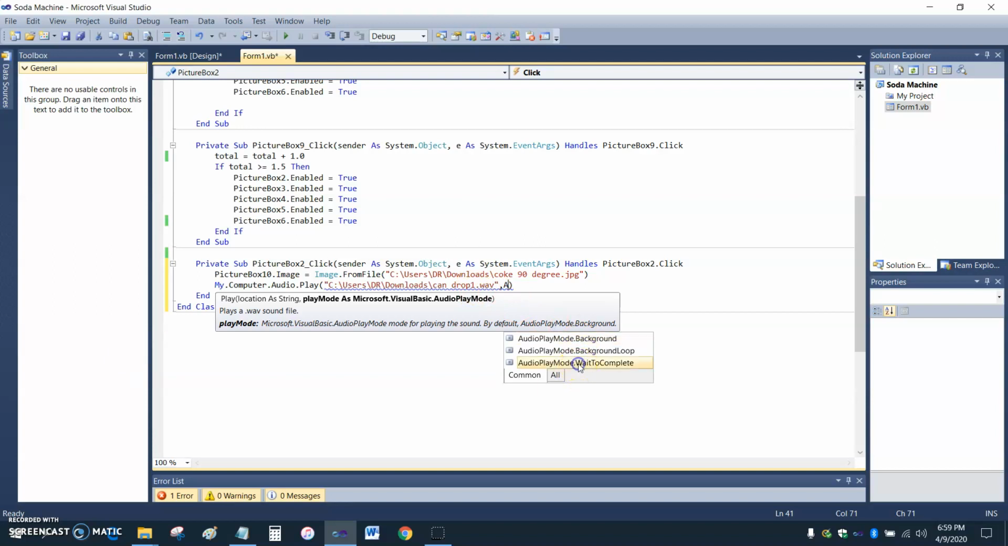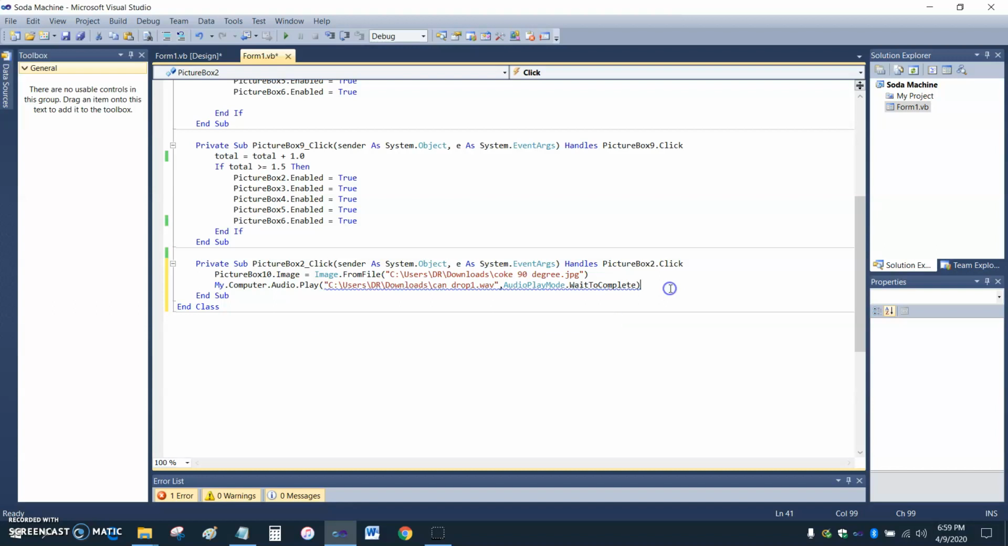We want to choose this one, WaitToComplete. If you don't make it wait to complete, it runs sometimes too fast. So let's see, I need something here. Oh, there we go. Okay. So that's that. We're going to see the Coke in the little space down the bottom where we retrieve it. We play the drop sound,